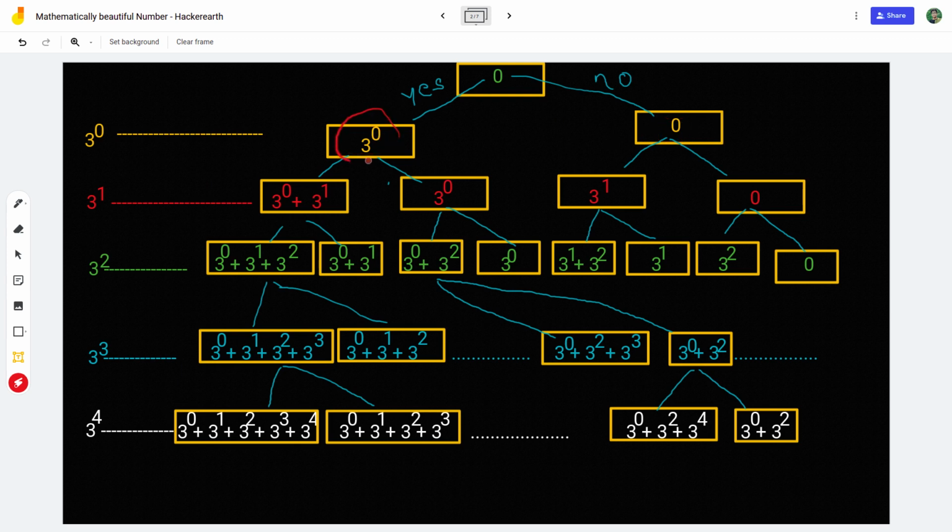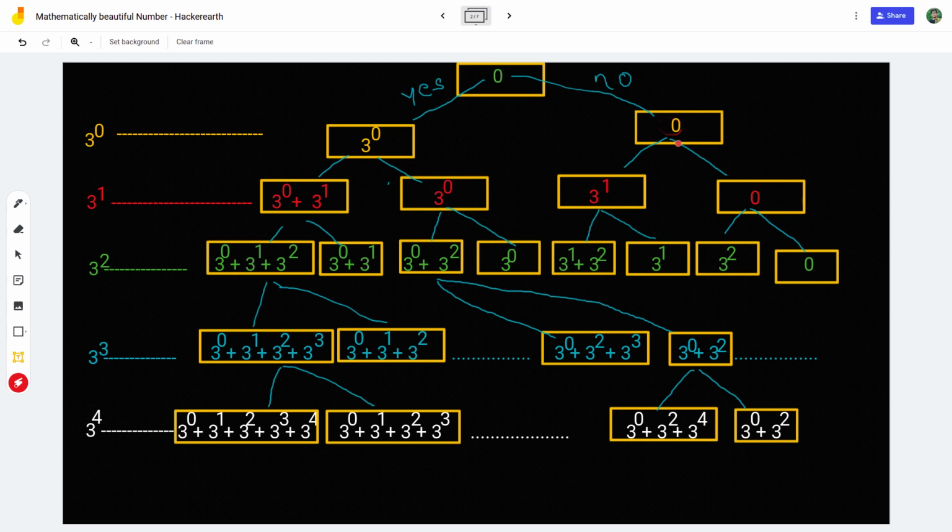For every case we again have two more cases. For this case, either we can add 3 to the power 1, or we go with the previous value.